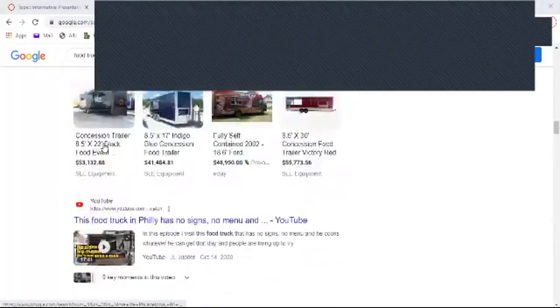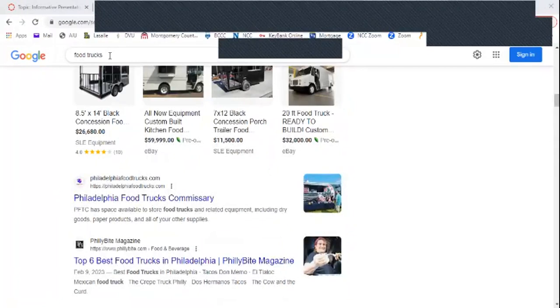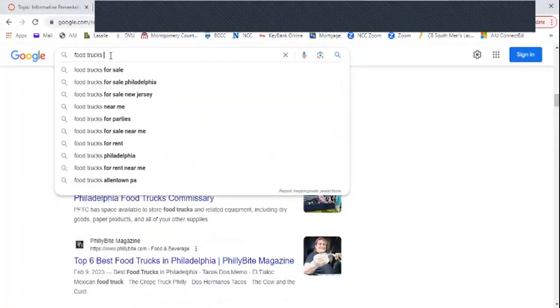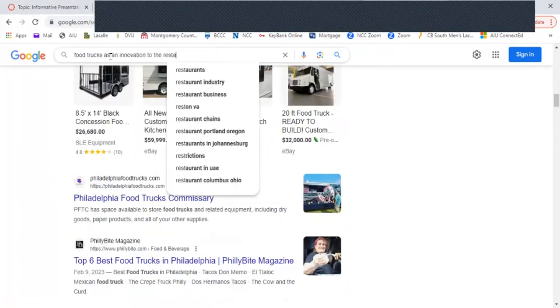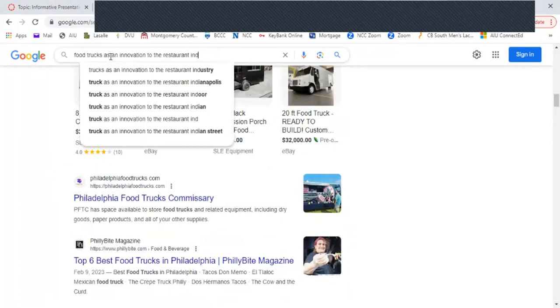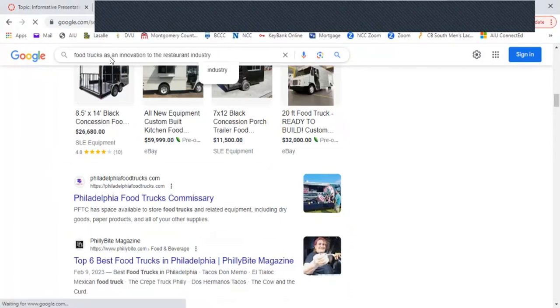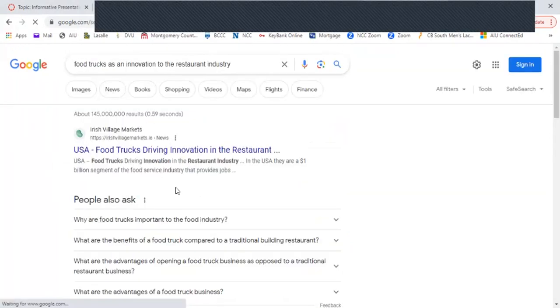So we have food trucks, right? And maybe now we can say food trucks as an innovation to the industry. That's what's great about Google.